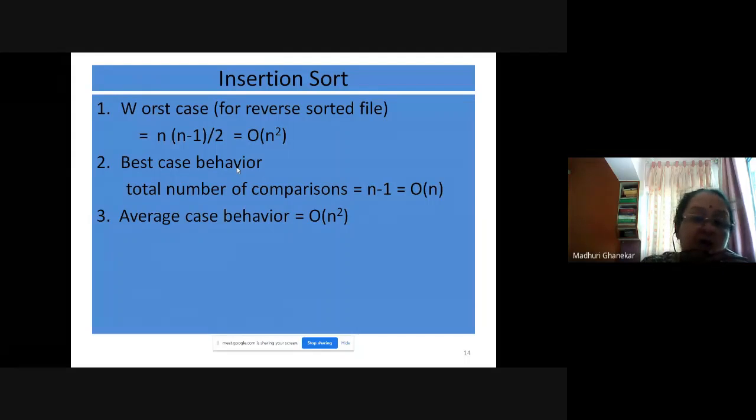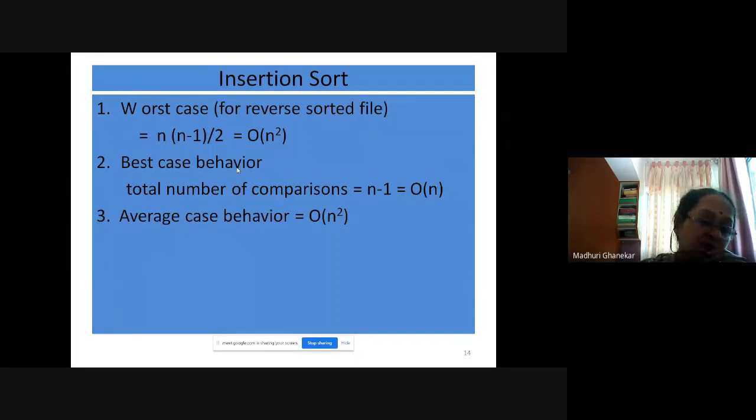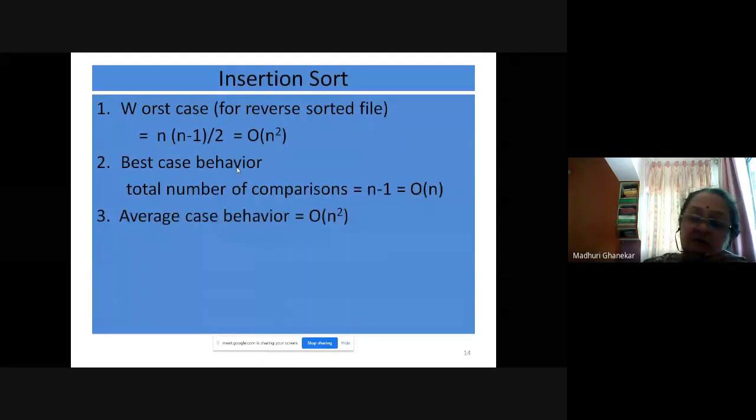Is our program able to recognize that whatever you want to achieve has already been given to you? Yes, if you want to sort into ascending order and the data is already in ascending order, the insertion sort program can recognize that and it will skip one loop.